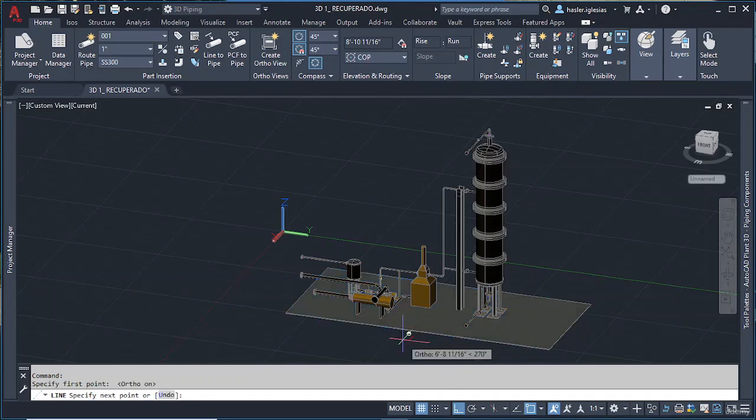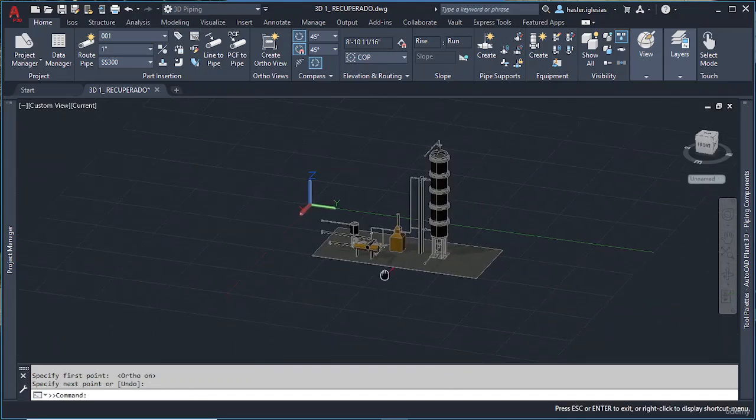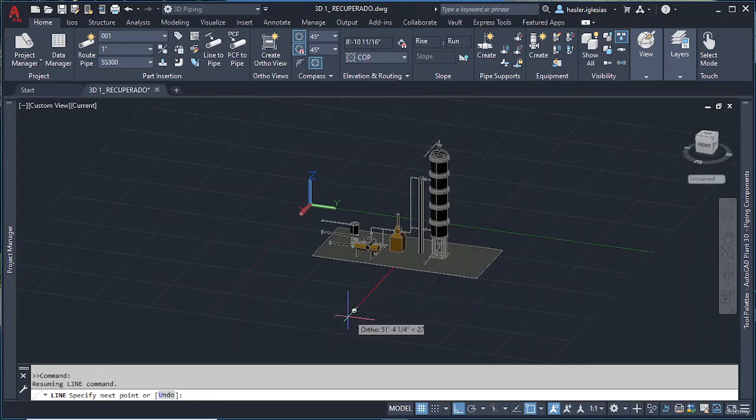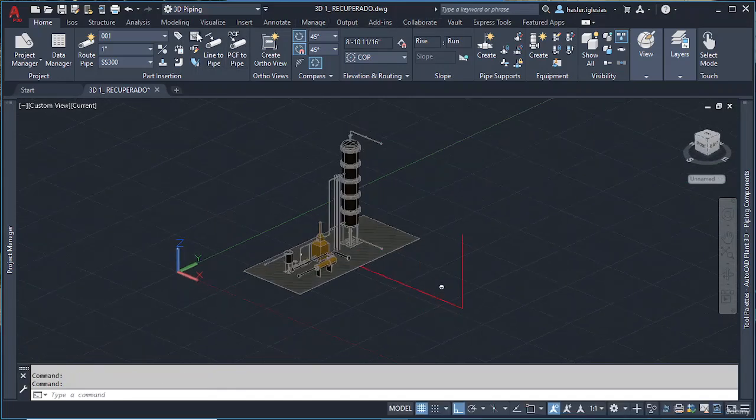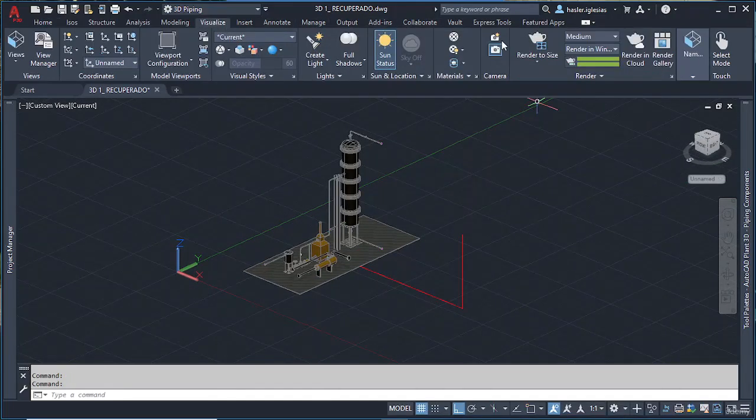There is the middle. Okay, I choose first the distance. Let's say here. And now here I'm going upwards. Okay, and let's say I'm switching off the snap. And let's say here. And I'm going to place the camera in that point. Okay, so I go to visualize, create a camera